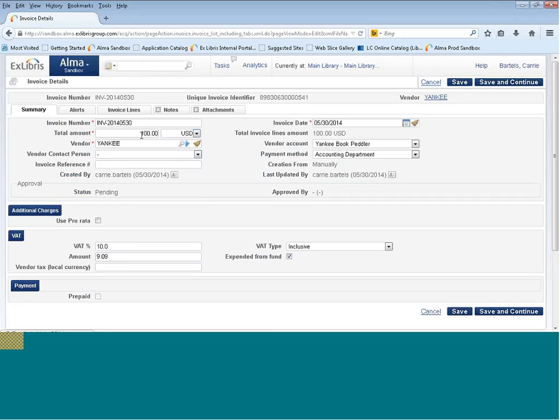So here's our example again. $100 is the total amount of our invoice. The VAT percent is set for 10%, and notice the amount's calculated at 9.09. The VAT type we're going to leave as exclusive, and expended from fund we're going to have selected. Now, when I go to the Invoice Lines tab,